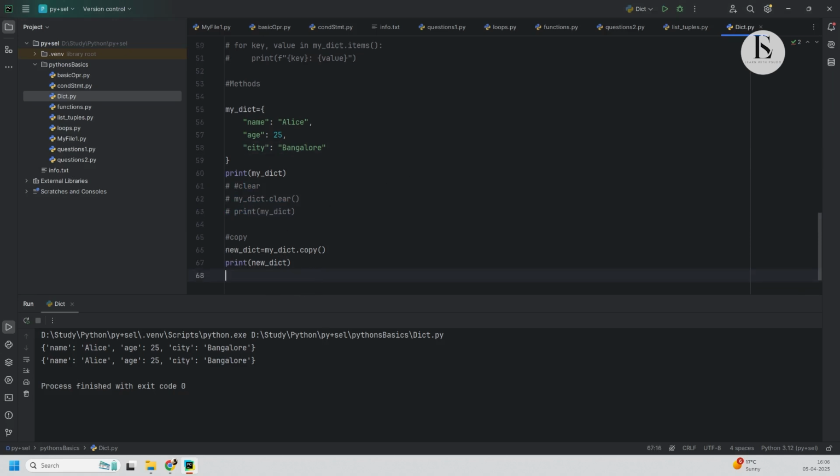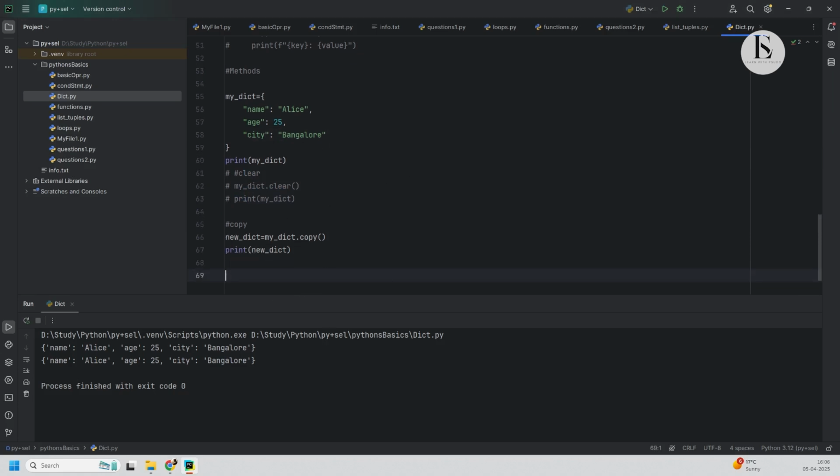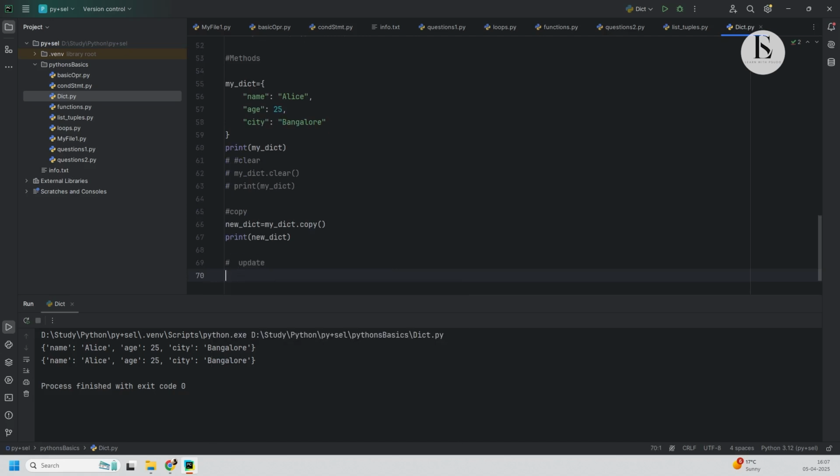Okay. Moving forward, we have update. This will update a dictionary with a key value pair, or it can use another dictionary also to update my dictionary. So we'll see both. Right now we have a dictionary with name, age, city. In the same dictionary, I'm going to add my dictionary dot update,